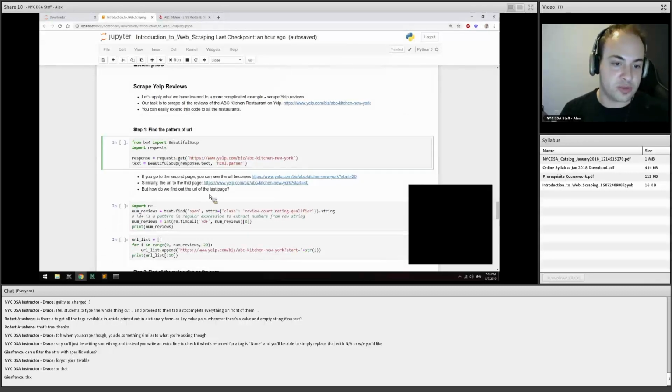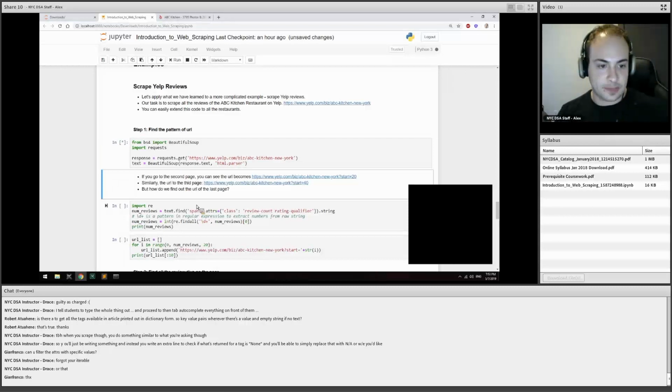So we import the requests package, which is the industry standard. It's used for a whole bunch of different things. What we want to do is use the requests.get method and pass the string of the URL that we want to get the response from, and we create this object called response. Once we do that, the response object has an attribute called text, which contains the HTML source code, and then we pass that into a Beautiful Soup constructor to parse it and make this thing called text. So let's go ahead and do this. And once this is done,